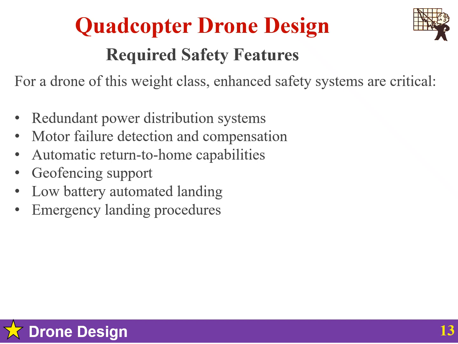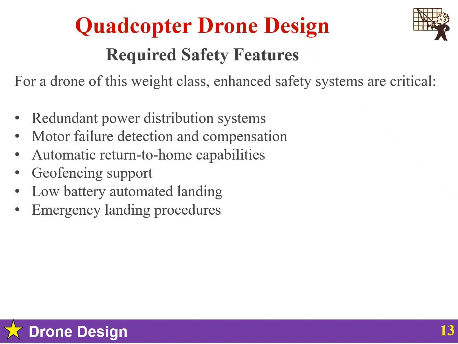The next is motor failure detection and compensation. Modern flight controllers can detect motor failure through unexpected attitude changes, current anomalies, reduced control authority, and ESC telemetry feedback. Upon detection, the system can compensate using remaining motors, execute a controlled emergency landing, alert the operator of the failure mode, and log